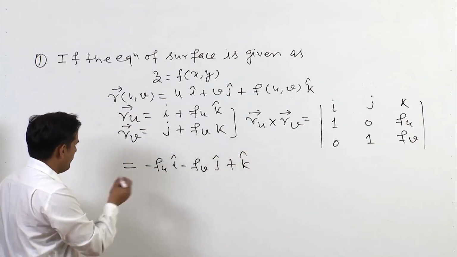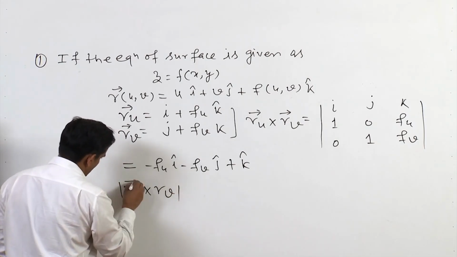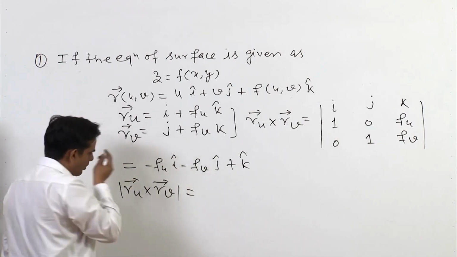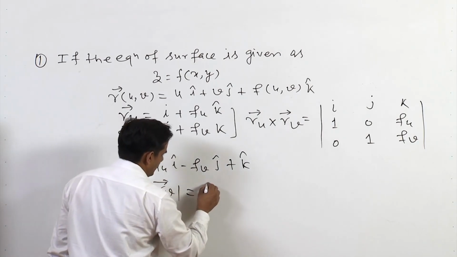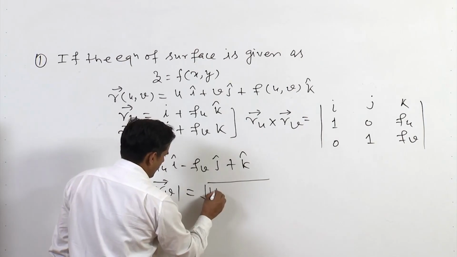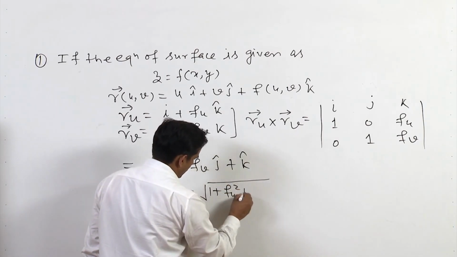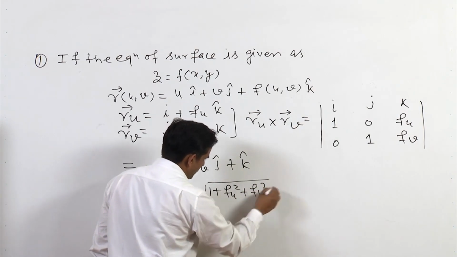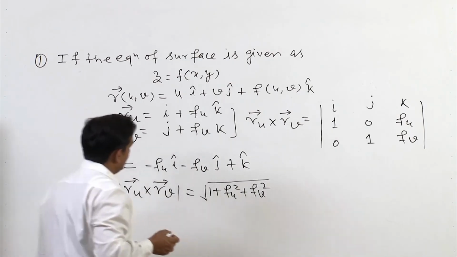So now the magnitude of this normal vector to the surface is given as square root of 1 plus f_u square plus f_v square, and hence,